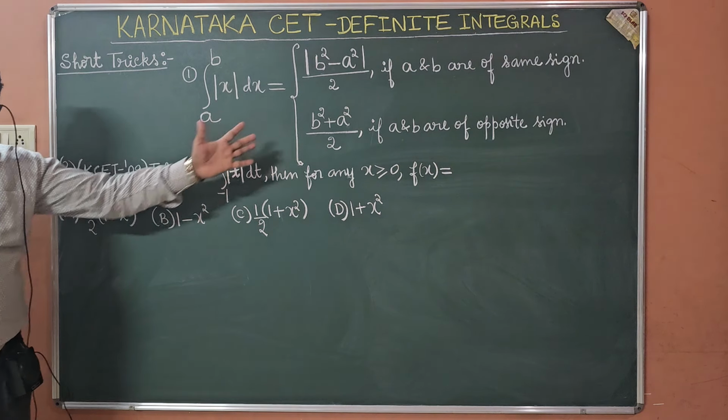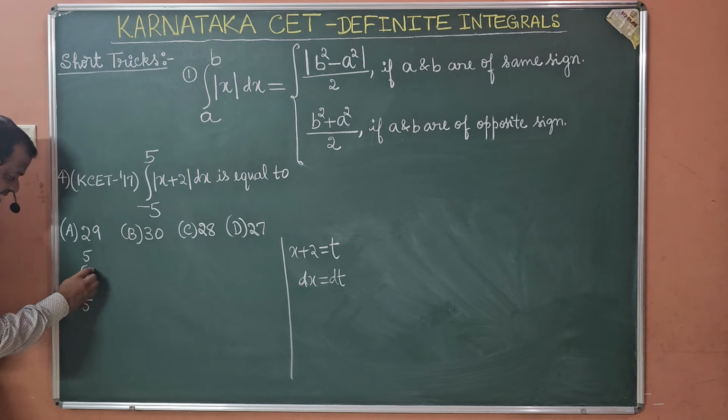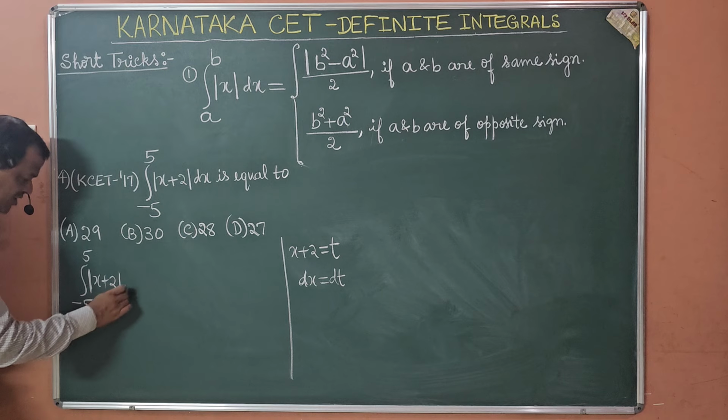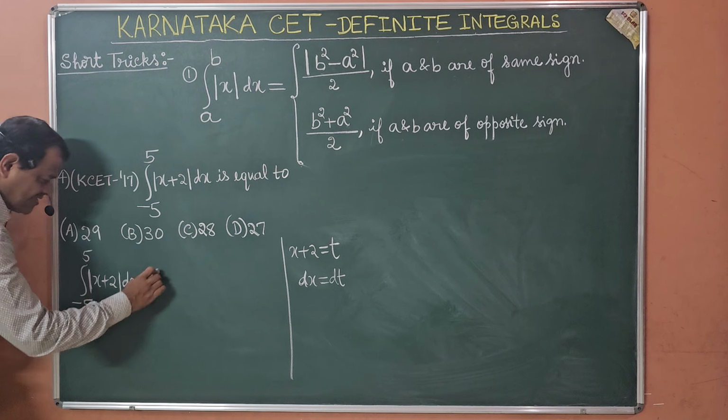Kindly go through. Here is the next question. Integration from minus 5 to 5 mod of x plus 2 dx. Meantime, you can do it as mind work. I'll try here. Say the method is x plus 2 is t now. I will write as short as possible. dx is dt. Therefore, the question becomes minus 5 to 5 mod of x plus 2 dx can be written as mod of t dt, and put x